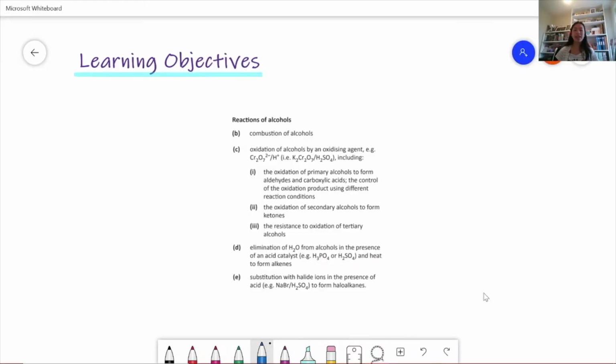Everyone, thank you so much for clicking onto the video. Today we're going to be looking at reactions of alcohols, so here are our learning objectives. The first is to look at the combustion of alcohols and then the oxidation of alcohols by an oxidizing agent,